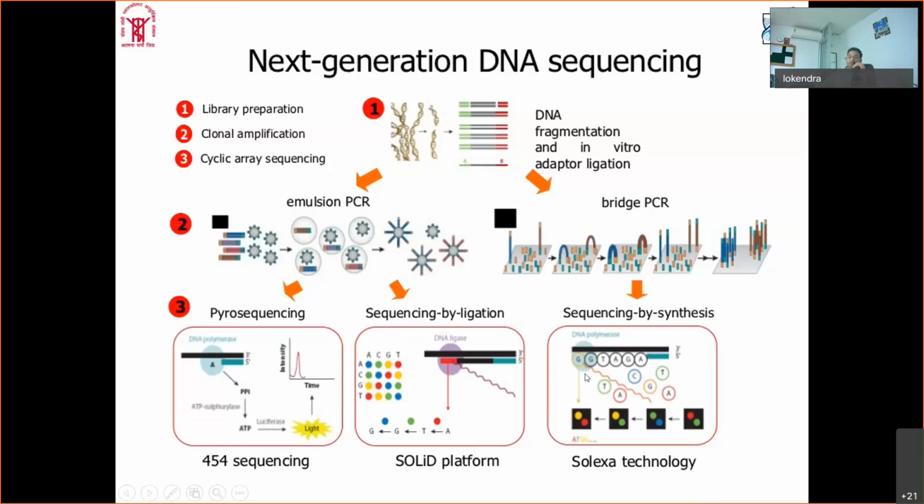their specific fluorescence. All these nucleotides are labeled with different fluorochromes, and specific fluorochromes representing specific nucleotides will be used to determine the sequence. So this is sequencing by synthesis. Mostly in today's time, the very commonly used platforms, whether it's the Illumina sequencing platform or the ABI sequencing platform, are mainly based on the sequencing by synthesis method.